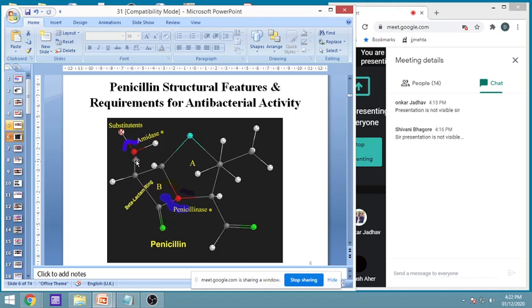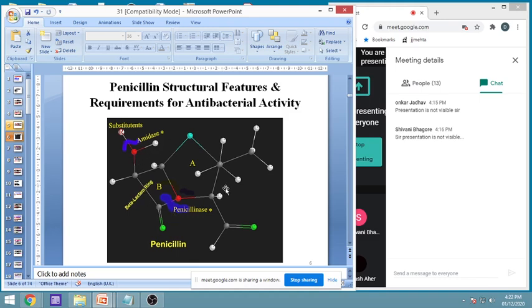Then the substituents are attached here at various places. You can see these blue colored lines. There are two big lines, almost fluorescent dark blue. One is called amidase, an enzyme which will break this side chain and thus make it inactive. And another, most important, is what we call penicillinase or beta-lactamase. These enzymes will break down this penicillin ring, and therefore make it inactive.